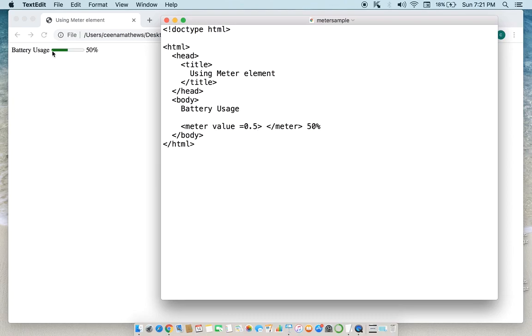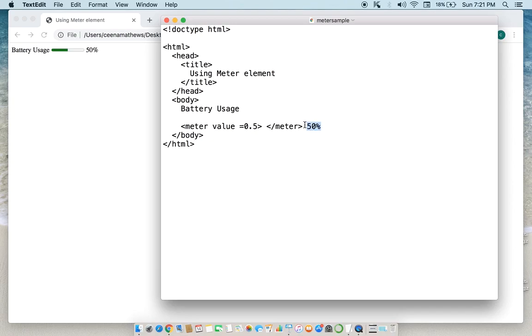So minimum is 0 and this is 1, and the current value I have given here is 0.5, so it displays 50% of battery usage. What it displays here is what I have given here.